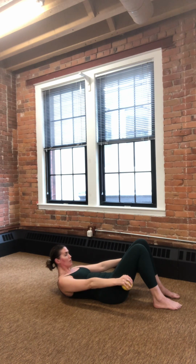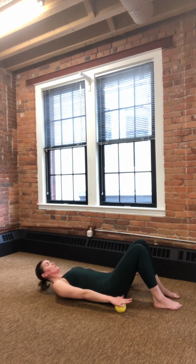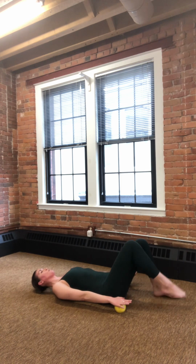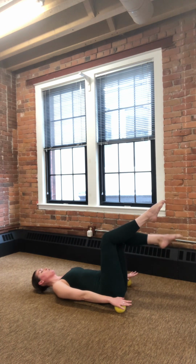Just rotate palms face down, pressing the hands on top. Now you're going to lower the head, neck, and shoulders. Maintaining the neutral if that feels right for your body. If you feel like you want more support for your lower back, you can engage the obliques and find more of an imprint. But from here, we're going to now pull the right leg up to tabletop, the left leg up to match. Challenging again the pelvic placement, the support for the spine, engaging the abdominals by working and moving